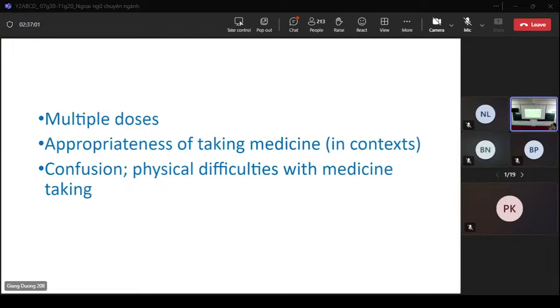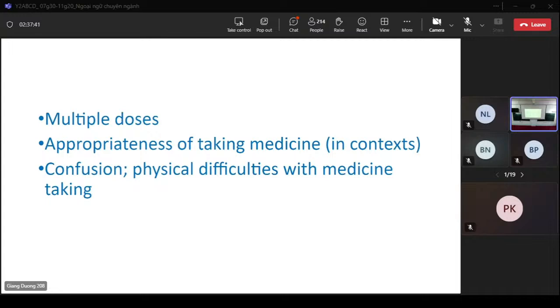Appropriateness of taking medicine in context. In Vietnamese mean hoàn cảnh. Let me give you an example. A pregnant woman having a common cold should use different medicine than a normal person. That's the appropriateness of taking medicine. Whether or not the doctor prescribes pregnancy some medication in a common cold. Có phù hợp hay không trong cái trường hợp tình huống riêng của bệnh nhân. Ví dụ bệnh nhân có bầu chẳng hạn ha. Đó là hoàn cảnh.